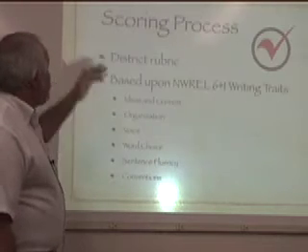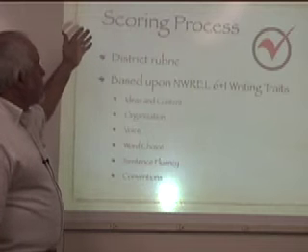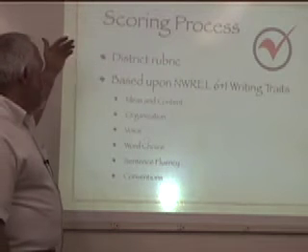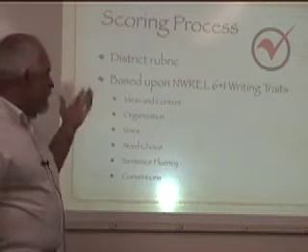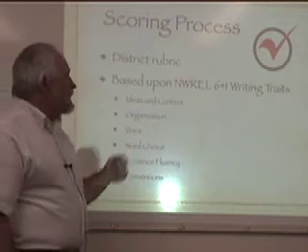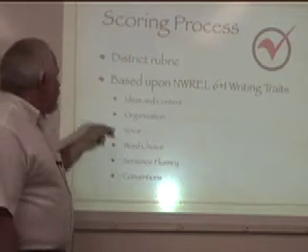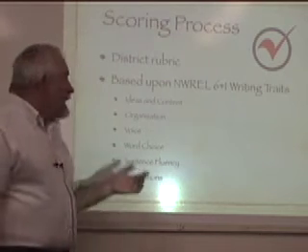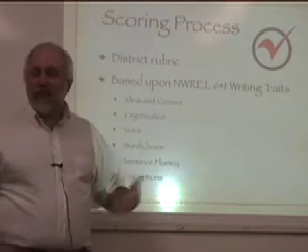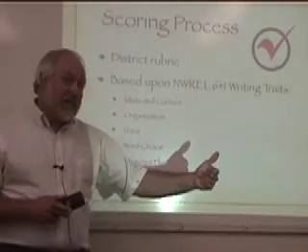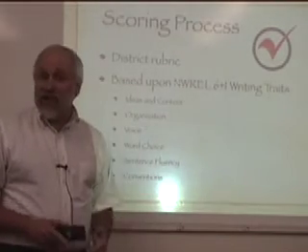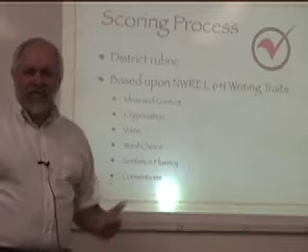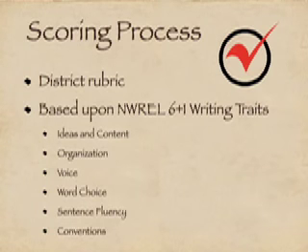And so, we were already getting into a much bigger study than we had anticipated. We were going to use our district rubric as our scoring guide, and this district rubric for Brewer basically is the Northwest 6+1 writing traits rubric. If you've never heard of that, it breaks up writing into 7. They call it 6+1 because at one point it was just 6, and then they added the 7th, presentation, later, and instead of naming it 7 writing traits, they called it 6+1.